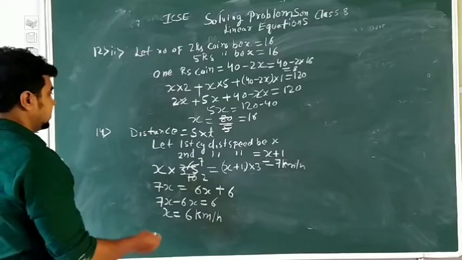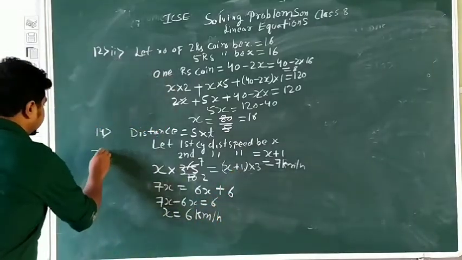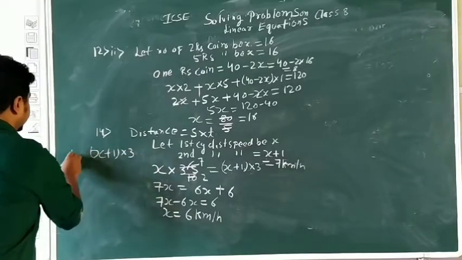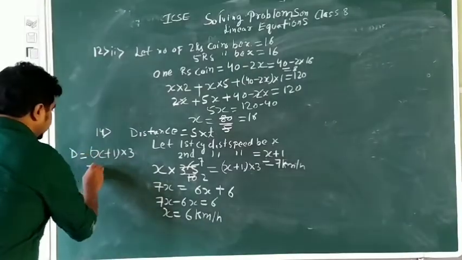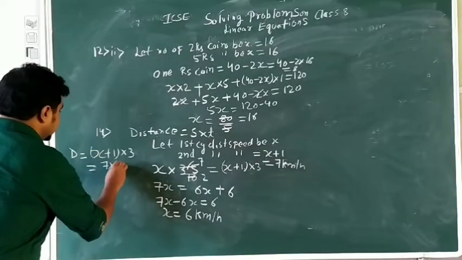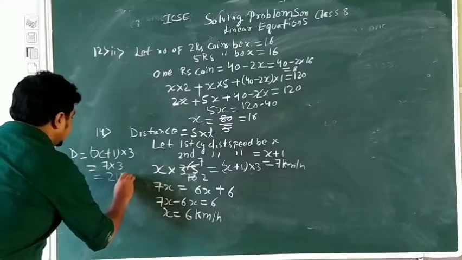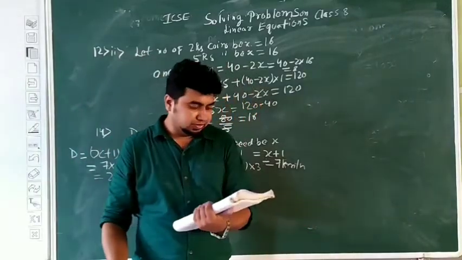This is the speed of the second cyclist. And now if I have to find the distance, I will put it in any one: x plus 1 into 3. The distance will be 7 into 3, which is 21 kilometer. This is the distance we are getting. Now we will be discussing question number